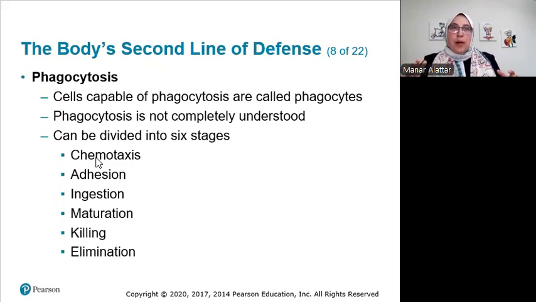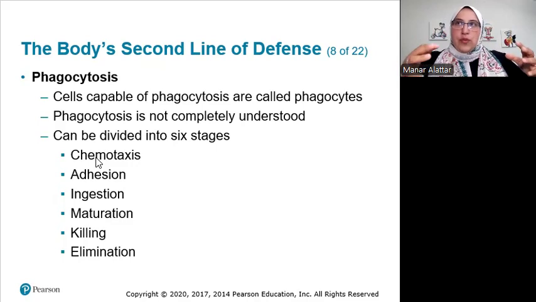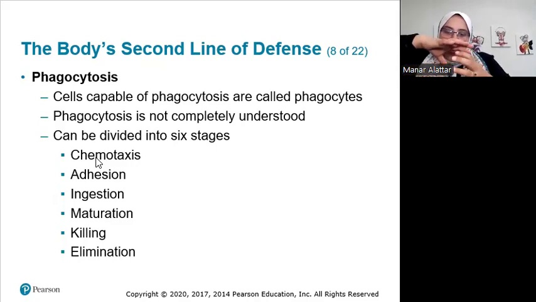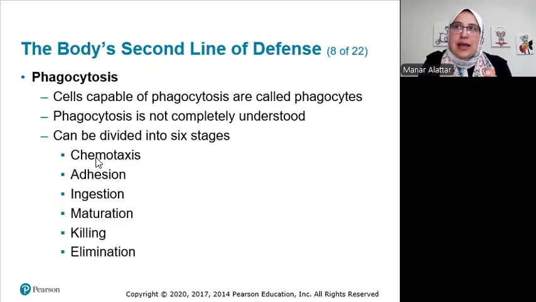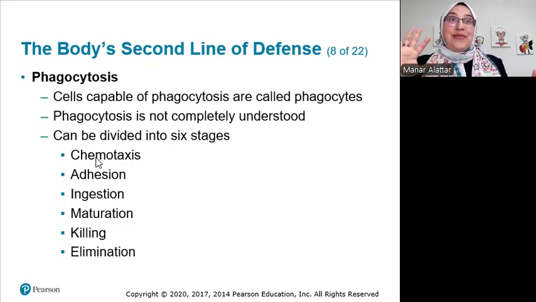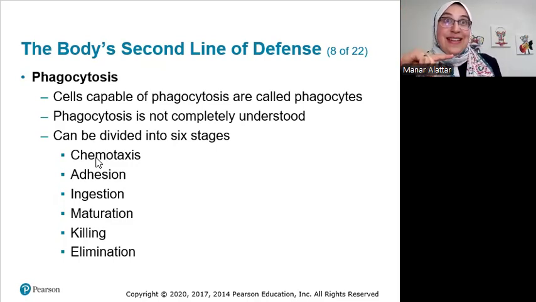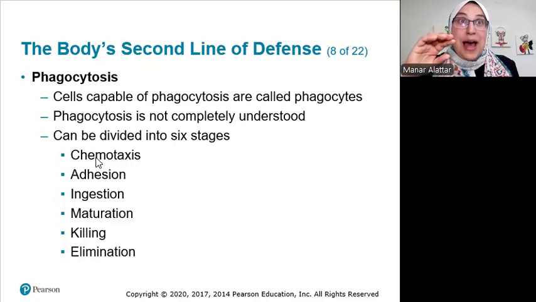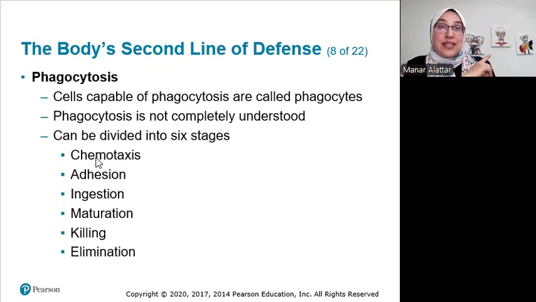Well, before they engulf it, but move towards it, right? Move towards it, then actually adhere to it and then form a vesicle around it and then digest it. Now, sometimes these professional antigen presenting cells, like dendritic cells, will then display what they've digested on the outside of their cell. And that's how they present those parts of the pathogen to the adaptive immune system cells, the B